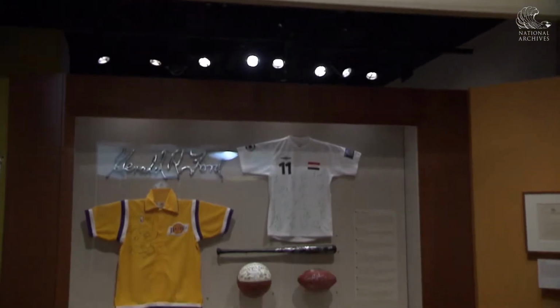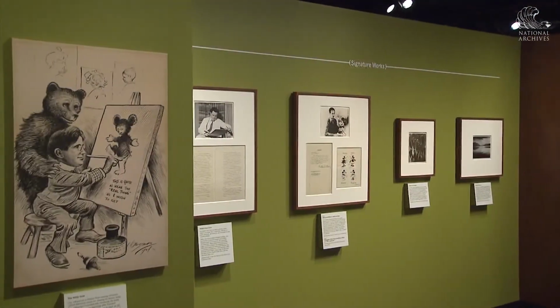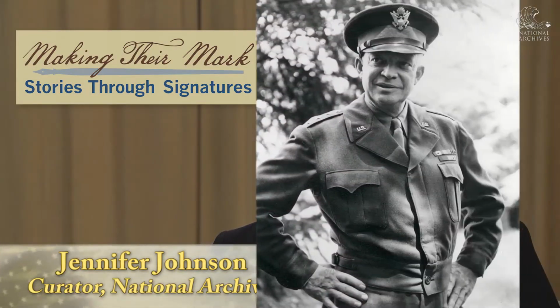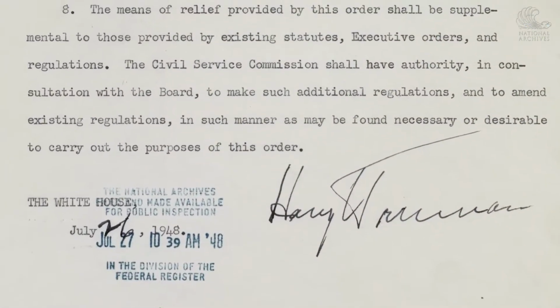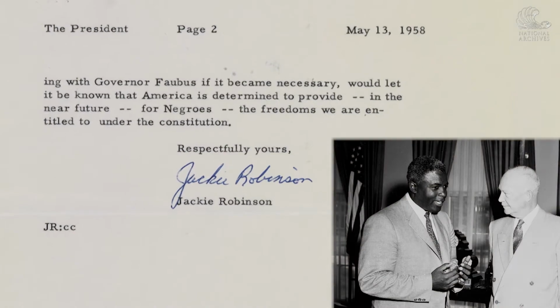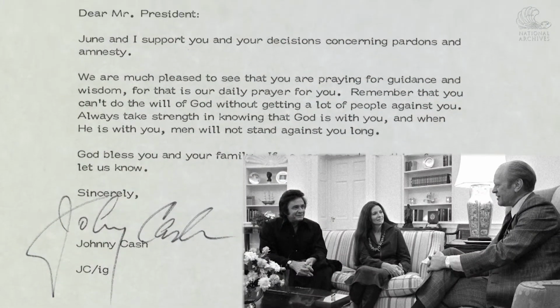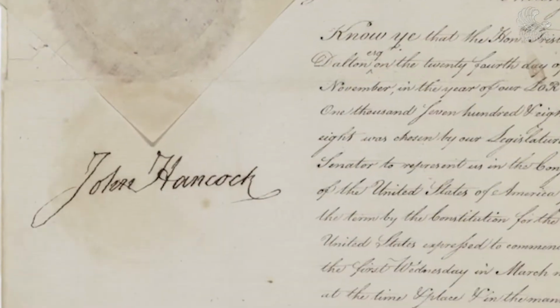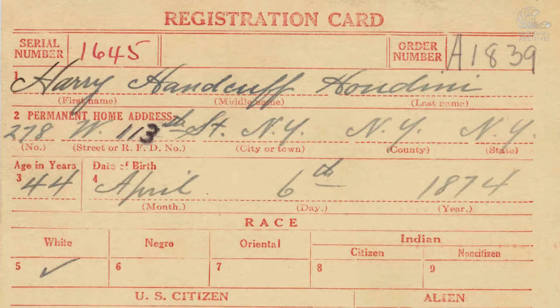Making Their Mark, Stories Through Signatures features original signatures from the National Archives' extensive nationwide holdings. They illustrate the many ways people have placed their signature on history, from developing a signature style to signing groundbreaking policy into law. Each story in the exhibit illustrates the many ways people have left their mark on history or popular culture. Signatures illustrate the power of original records and the important role the National Archives has in preserving our